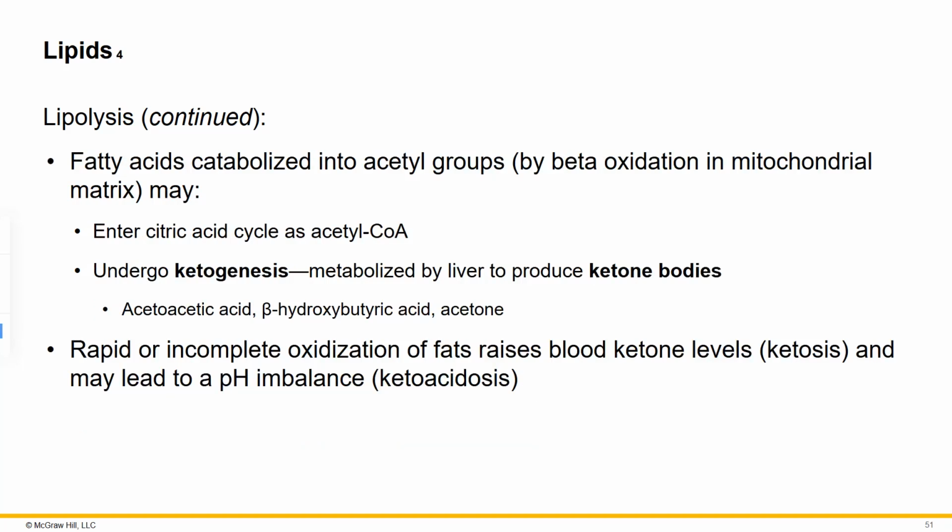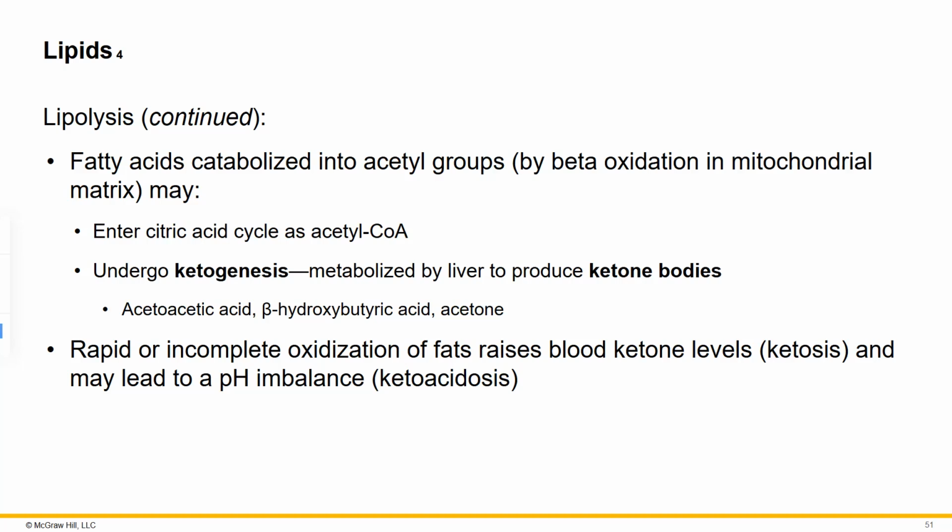Fatty acids catabolized into acetyl groups by beta oxidation in the mitochondrial matrix may enter into the citric acid cycle as acetyl-CoA, or under ketogenesis, it's metabolized by the liver to produce ketone bodies. The ketone bodies are called acetoacetic acid, beta-hydroxybutyric acid, and acetone. The rapid or incomplete oxidation of fats raises blood ketone levels, or ketosis, and may lead to a pH imbalance,